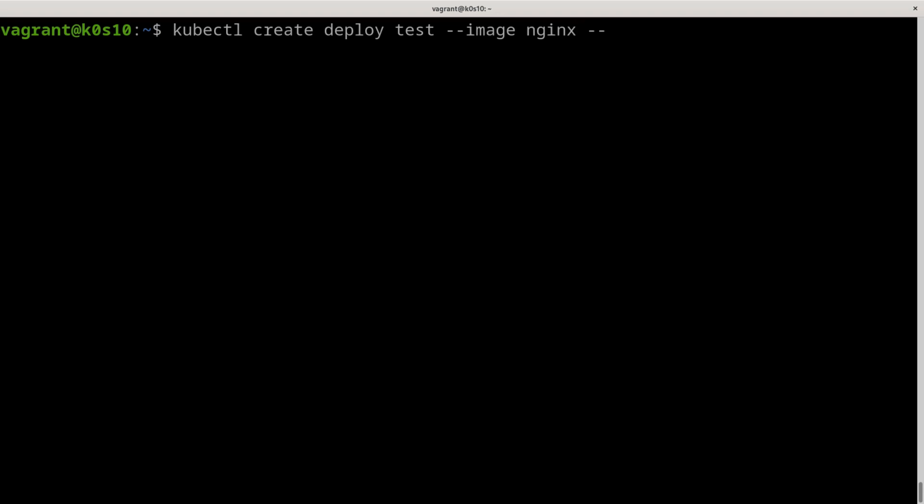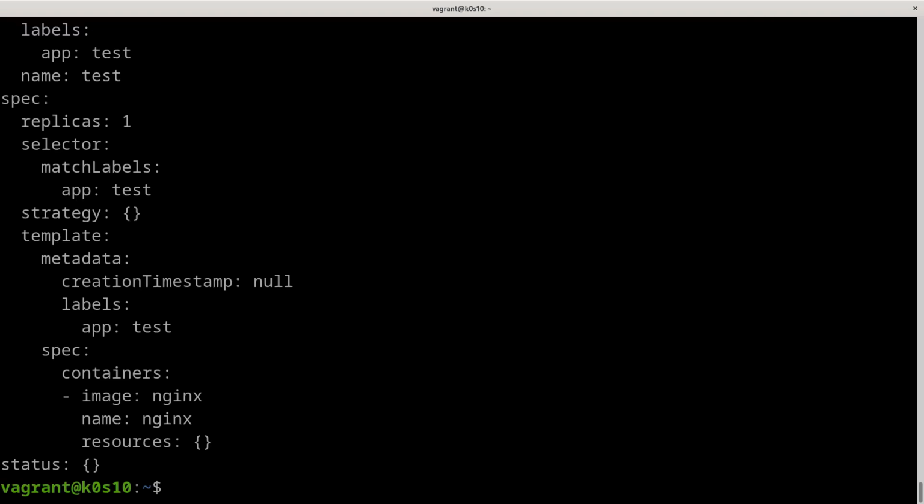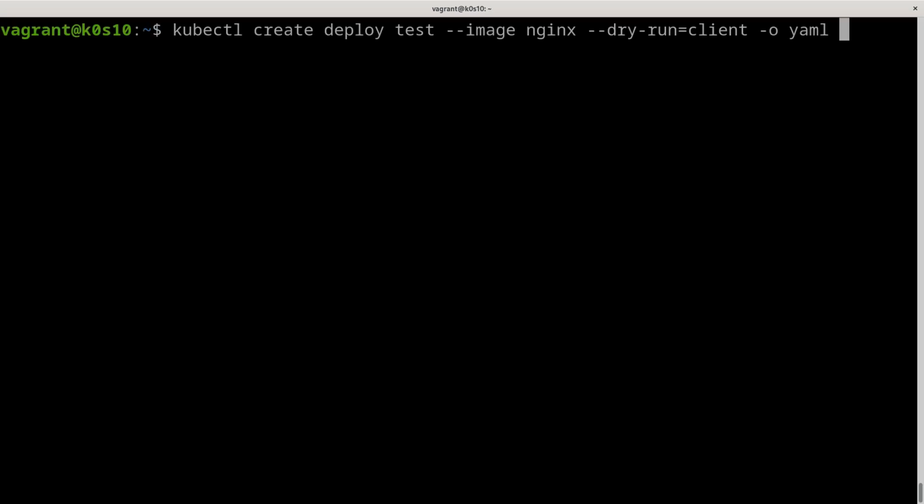We want to use a dry run, so the dry-run option equal to client, because we don't want to run it on our server, just locally on our kubectl client, and -o yaml to generate a YAML of the deployment. So I push it into a dedicated file, for example